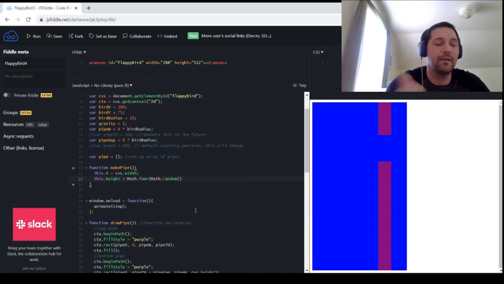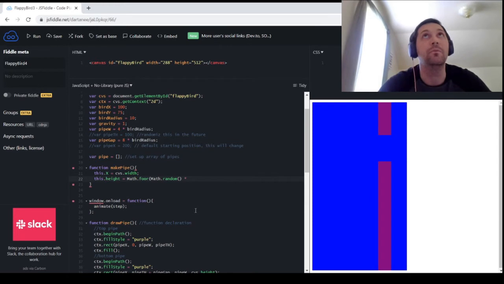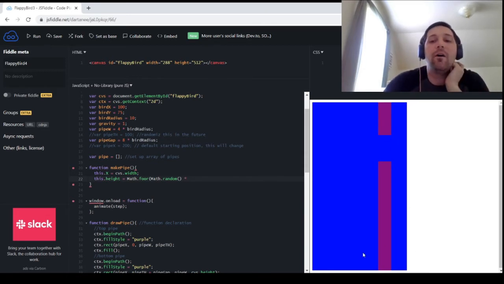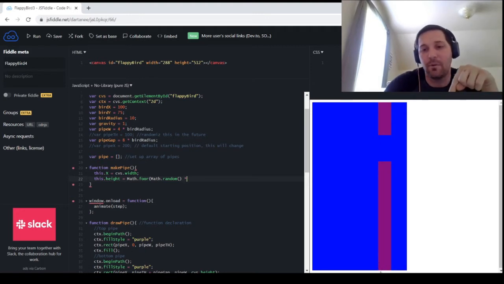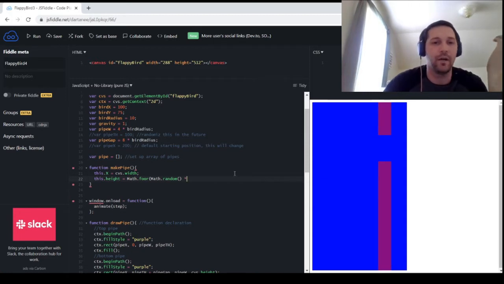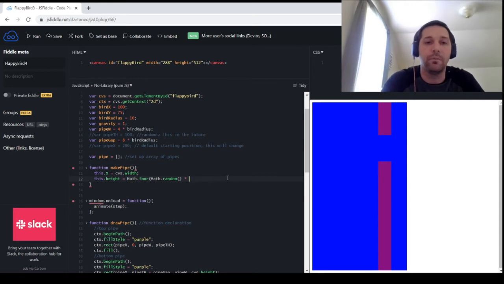That's a function call, so you have to have the parentheses there. We want this random number to be between 0, which is the top of our canvas, and the bottom of our canvas right here. But we don't want it to be all the way at the bottom, because if we start the gap right there, then we don't have any gap for our bird to fly through. So we want it to only go to the bottom minus the gap, and so we're going to multiply it by the canvas height,